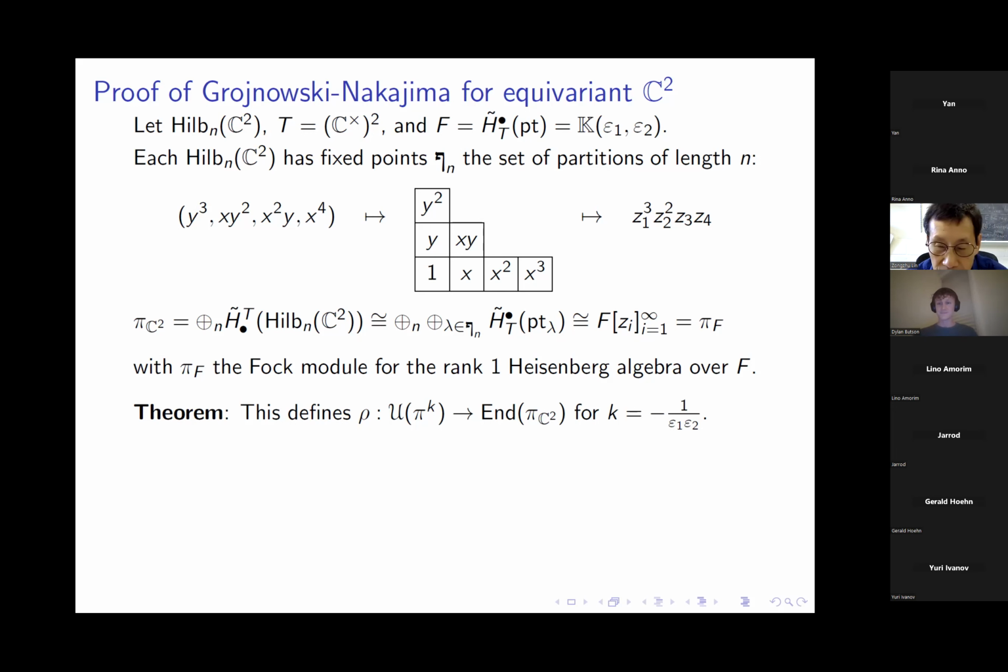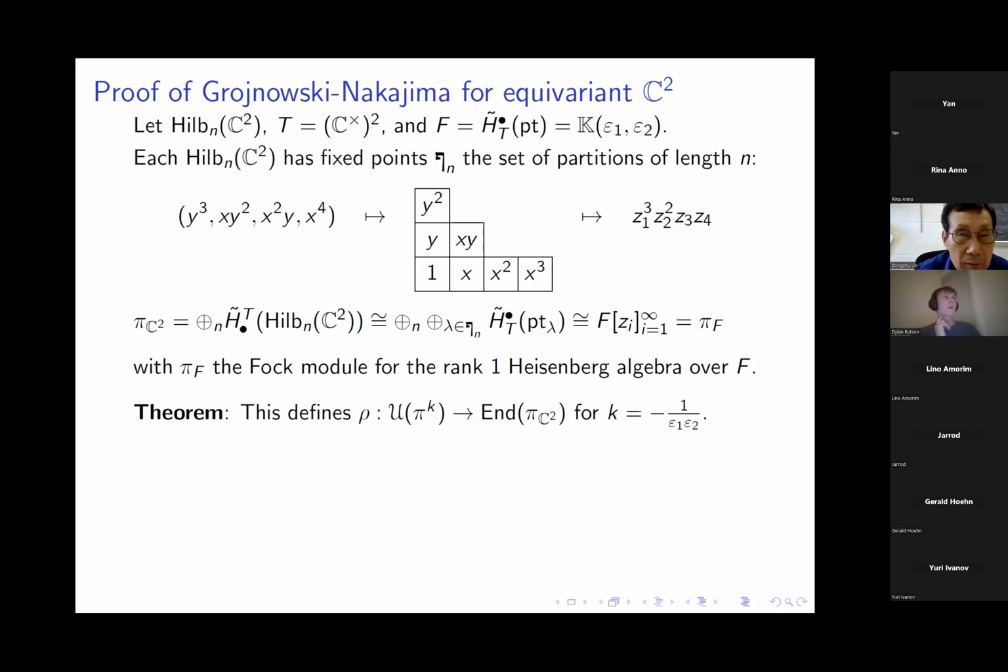Yeah, but I am maybe ahead of what you want to say. You see, the way we approach that problem in C3, we essentially follow Schiffmann and Vasserot. We considered it as three problems for three coordinate planes. So then we reduced everything to two-dimensional partitions. But I'm not sure that this is conceptually a good way to define it. Maybe from your perspective, when you have a divisor which is toric invariant, maybe it's natural. But if, for example, your divisor is not toric,